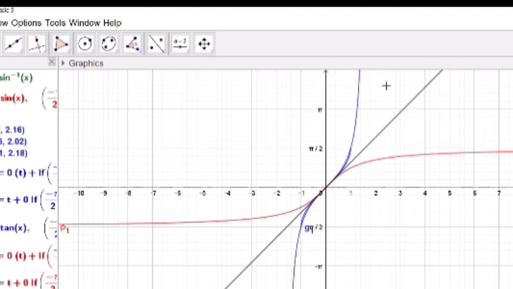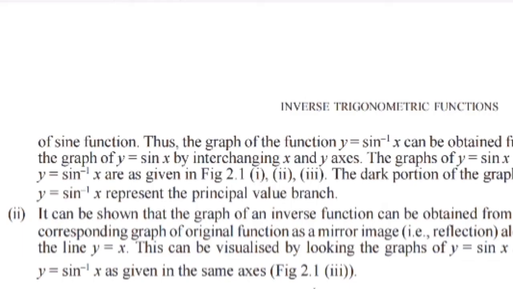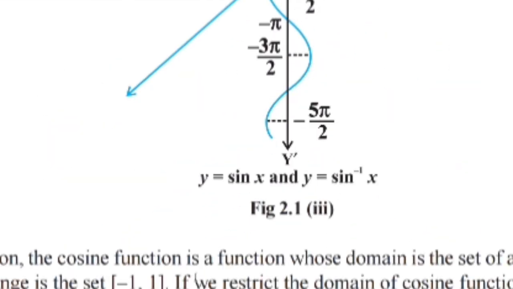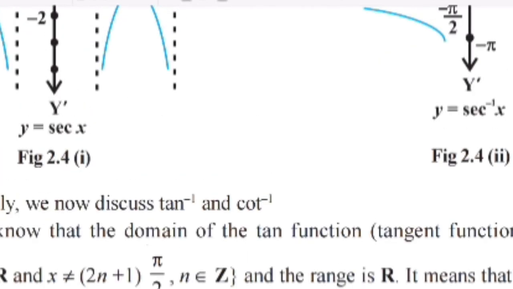Can you see this going up? This is going to this side. This is just a mirror image. If you keep a mirror, it will look like this. So this is going to this left side, this is coming down. It's about the mirror image. So when you see this graph, you should know what they have done here. It's just the line y is equal to x. So similarly, you can draw the other graphs.